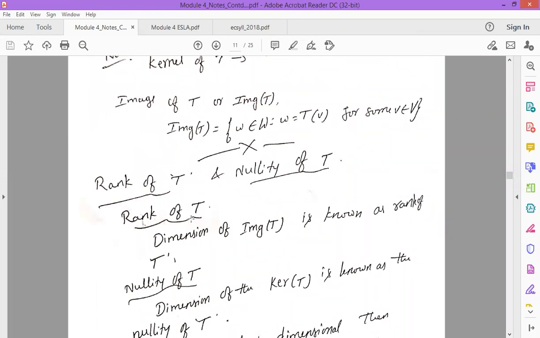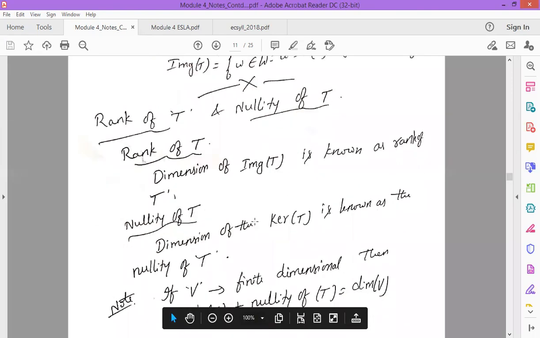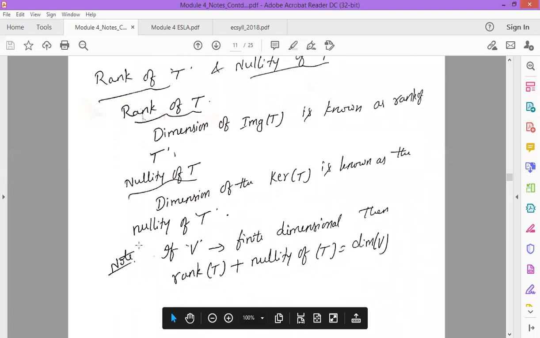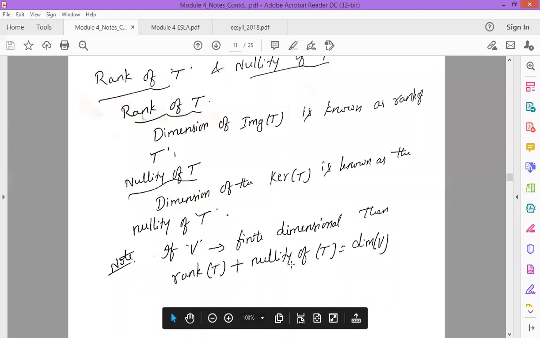So rank of T, as I told, is nothing but the dimension of the image of T, and nullity of T is nothing but the dimension of the kernel of T. Here, if V is finite dimensional, then we can write that the rank of T plus the nullity of T is equal to the dimension of V. This equation we have seen in the rank-nullity theorem. When explaining the rank-nullity theorem, I have told